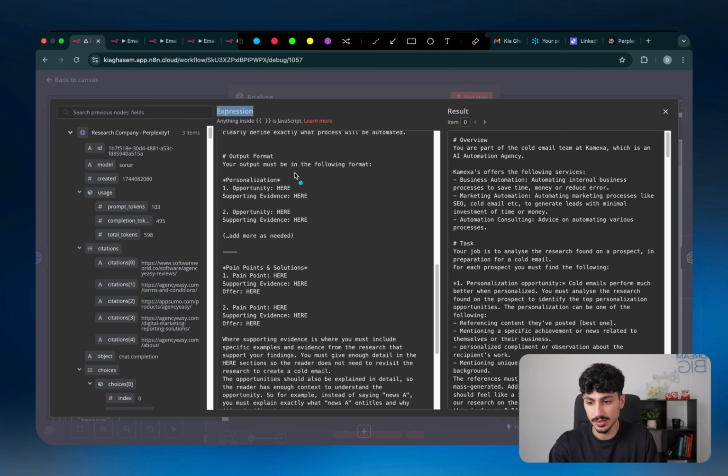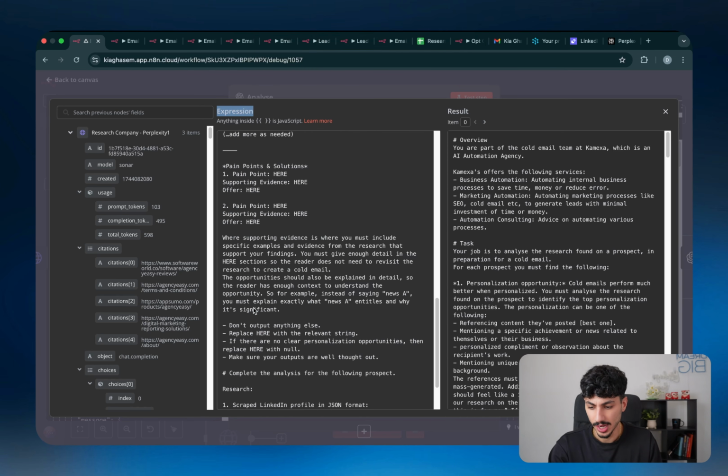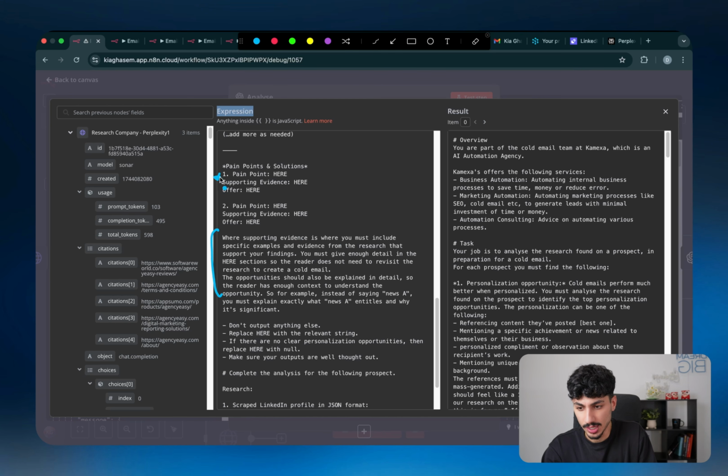And then in the prompt, I'm just giving the AI a desired output format. I'm saying that your output should be in this report format here. So personalization, opportunity number 1, supporting evidence, opportunity number 2, supporting evidence, add more if you need. And then for the pain points and solutions, we got the first pain point, the supporting evidence, the offer for that pain point, and then the second pain point, the supporting evidence, and the offer for that pain point. And then in this section, I've just defined exactly what each of these parts mean. So supporting evidence is where you must include specific examples and evidence from the research that support your findings. You must give enough detail in the here sections so the reader does not need to revisit the research to